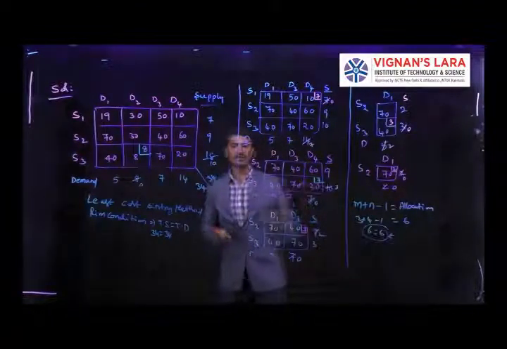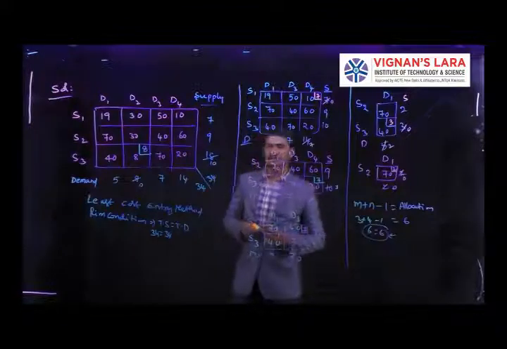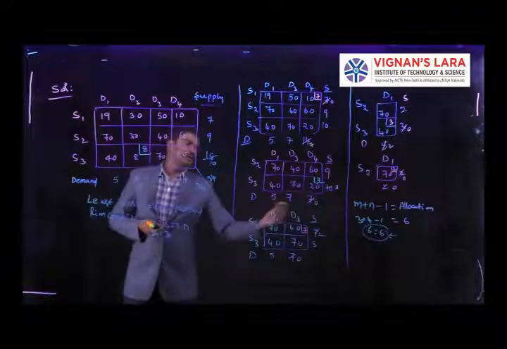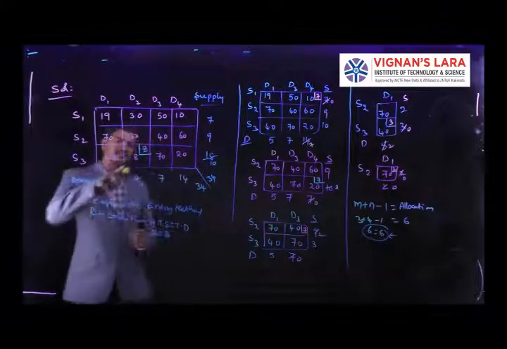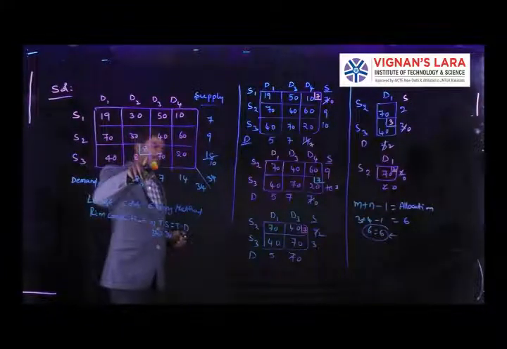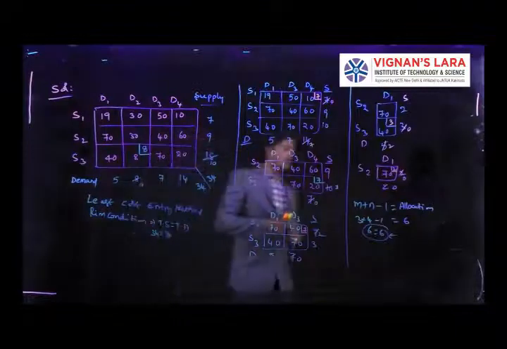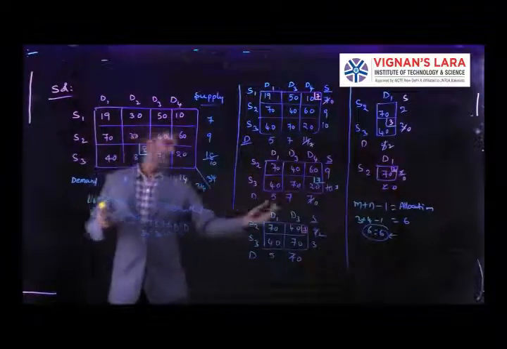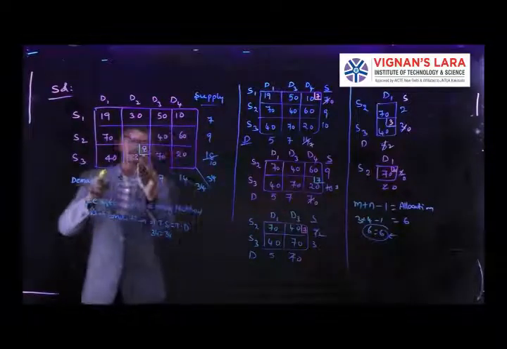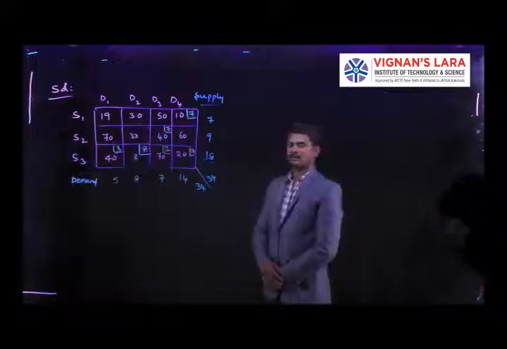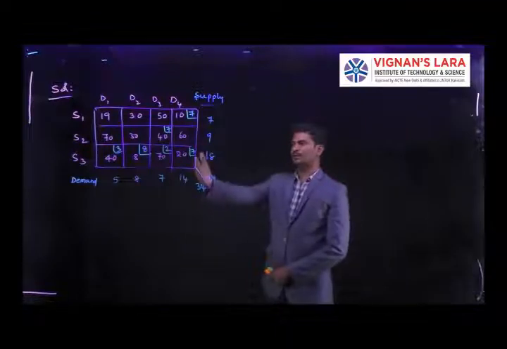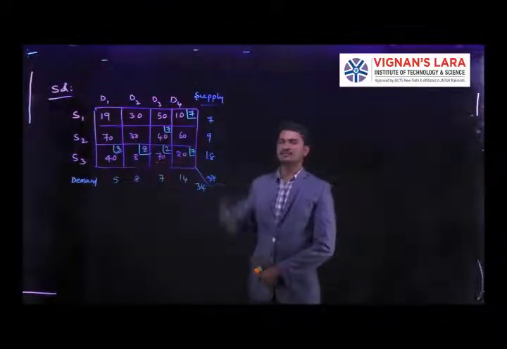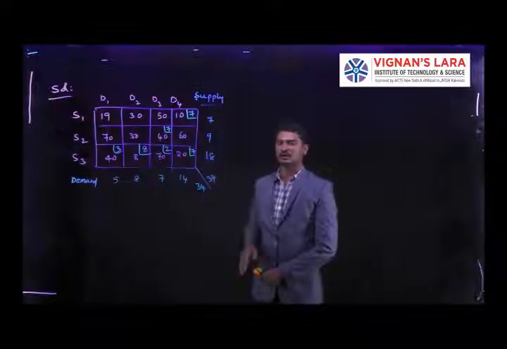Now we are going to find the initial cost from this. Here we are calculating the initial cost, which means we are taking the allocations. First, what is the allocation? 8 into 8 we have. I would like to take the total allocations here in this table. After completion of the allocations, we have total 6 allocations. In each allocation, we have some units of cost. Now we are going to find the total cost from this.